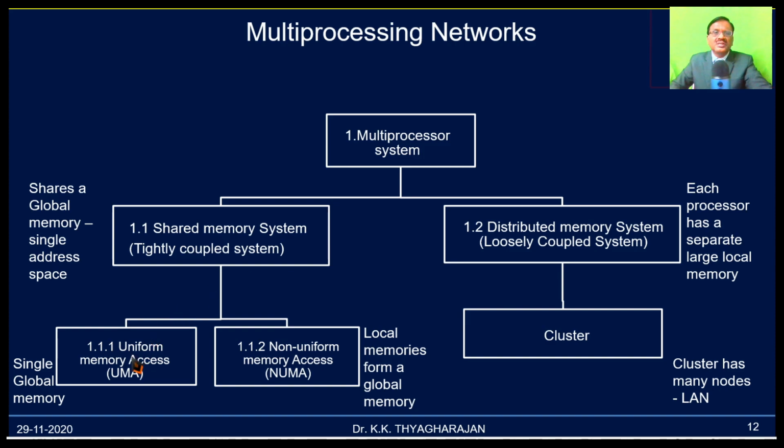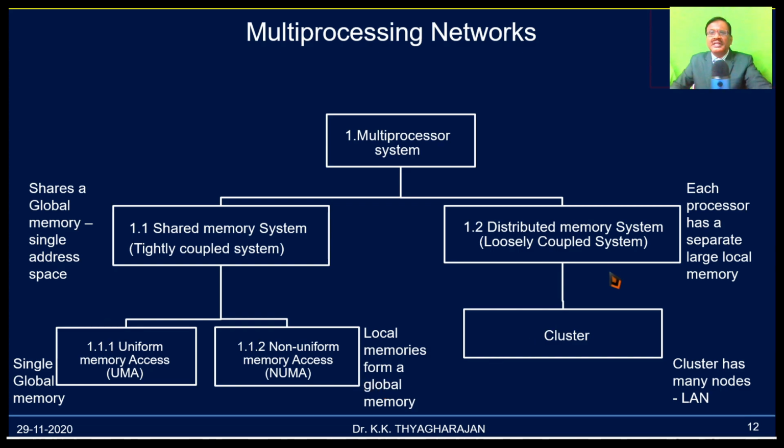The shared memory system can also be subdivided into two based on the access of the memory. The first one is uniform memory access. The second one is non-uniform memory access. In the case of uniform memory access, a single global memory is accessed by all the processors and the access time is same for all processors and for all locations. But in the case of non-uniform memory access, each processor will have a local memory and all these local memories form a global memory. So the access time will be different from processor to processor and based on the location